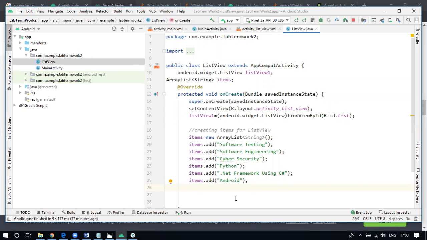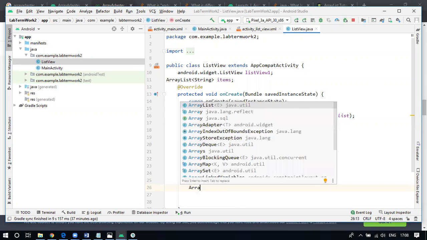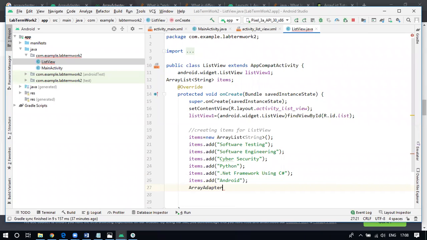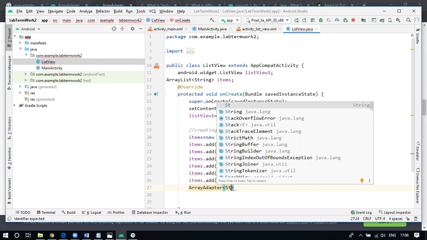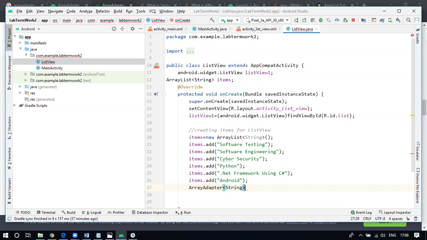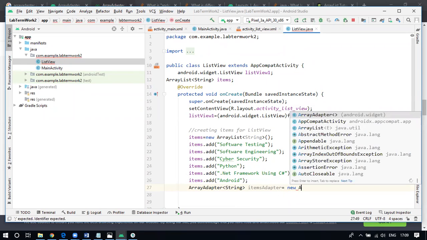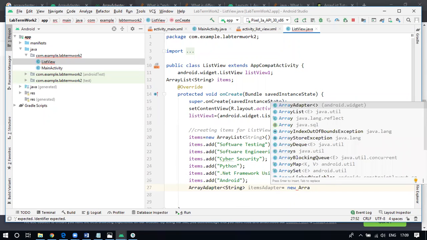Create this array adapter, and we need to create an object for this. So array adapter, and we will specify the type as string, and then we need to create the object for this. I can say it as items adapter. You can give any name for that matter, equal to, so new array adapter,